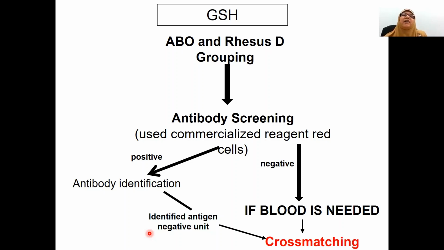just in case there's bleeding, then we have no blood to supply. But then the story will turn the other way and say, actually, we can do without the blood, so we can proceed. So they will proceed, but then we will tell you we will not be able to give you the blood that you need in time. Still, our rule is we have to proceed with the antibody identification. We have to find out what the antibody in the patient is. If there's no antibody, then we just keep the plasma, and when you need it, we just cross-match,